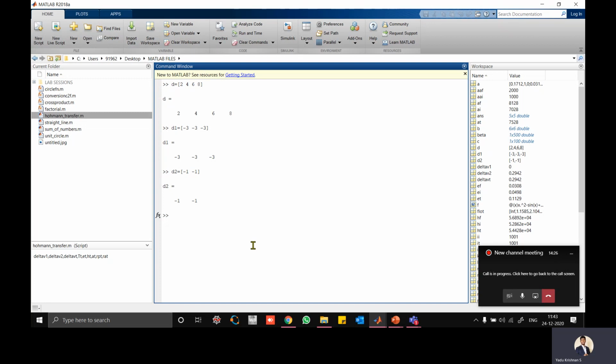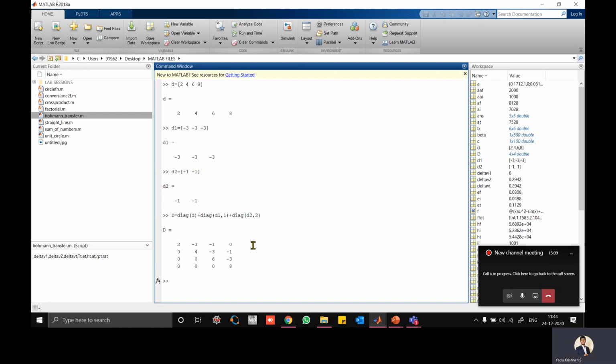Using these D values, we can actually make a bigger matrix. How is it possible? I'll introduce another variable. Always remember the variables are case sensitive. Capital D and small d will always be different. So capital D, I introduce a new matrix for that: diag of D plus diag of D1, 1, plus diag of D2, 2.